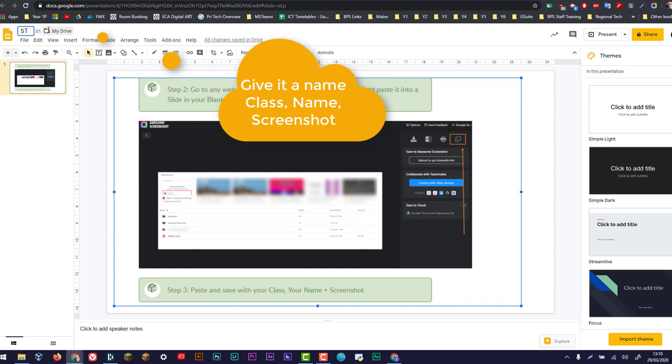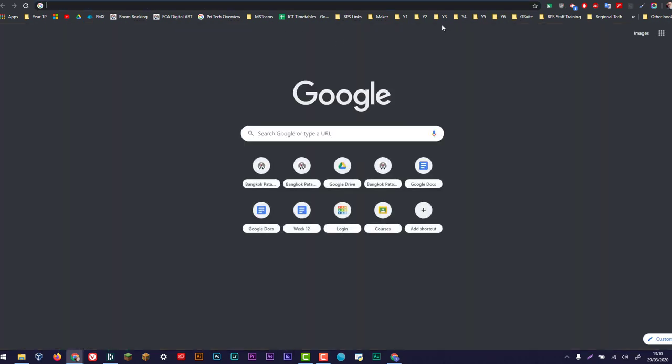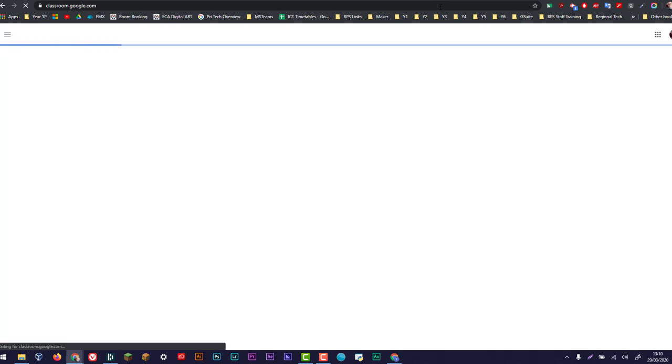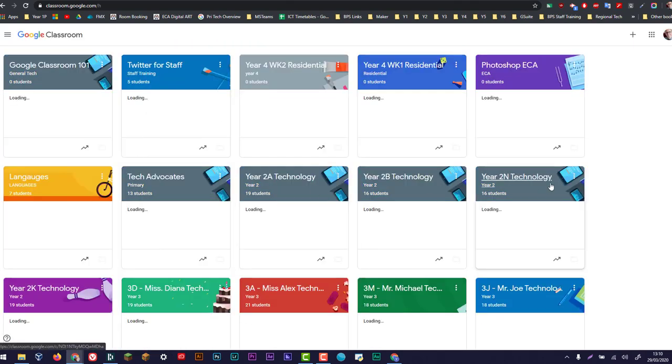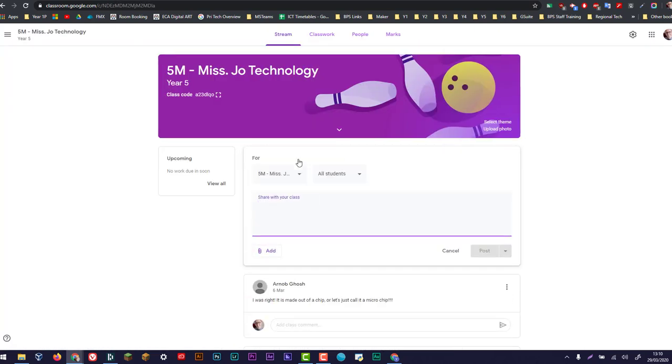5T, Mr. Glenn, screenshot, save it, and then what I'm going to do next is go to my Google Classroom, and then I am going to simply go to my Year 5 classroom, and then what I'm going to do next is say, hey